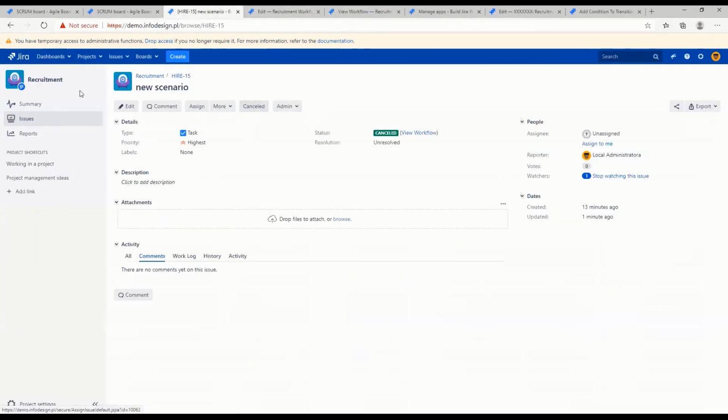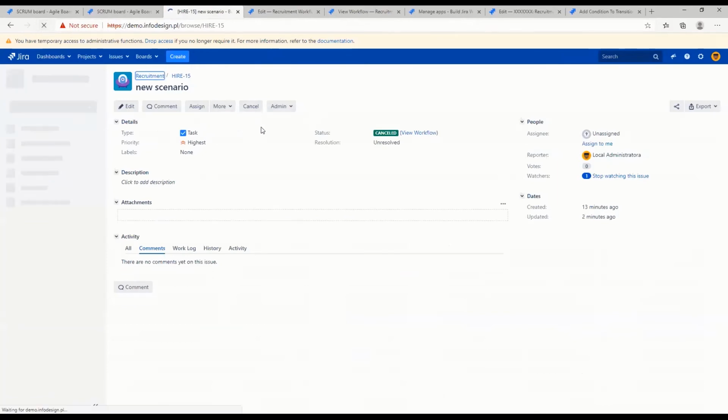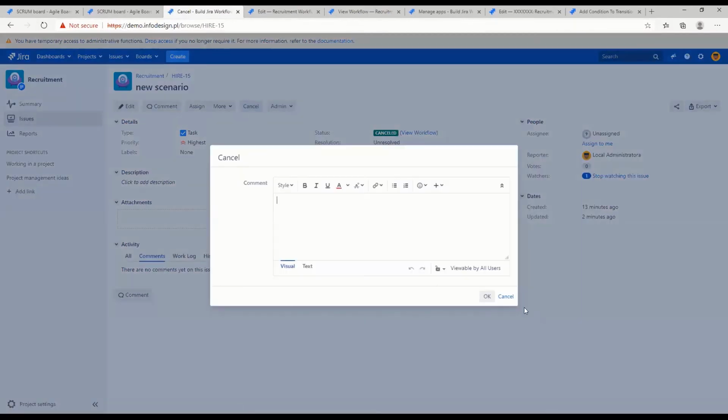Now, if we click cancel, we'll refresh it, click cancel, this OK button. It has been renamed when we added this property with transition property. It's very useful if you have some bigger workflows and some specific requirements. And the last feature for today